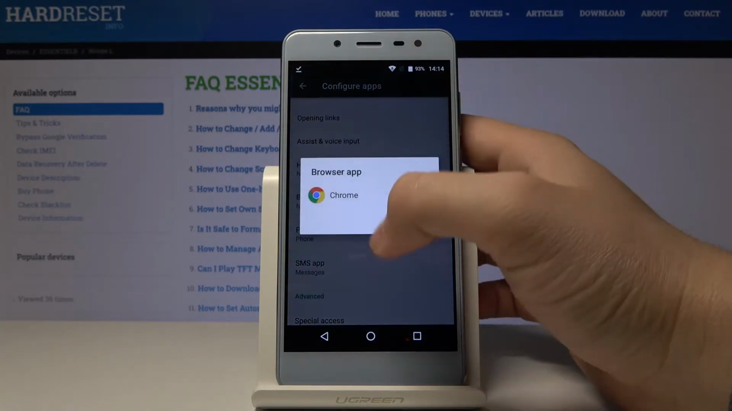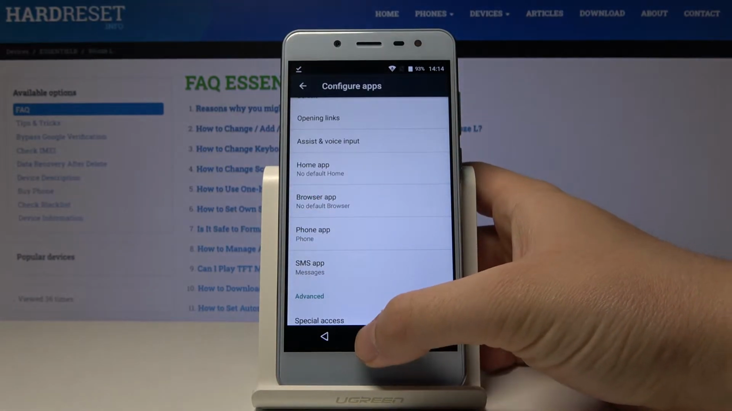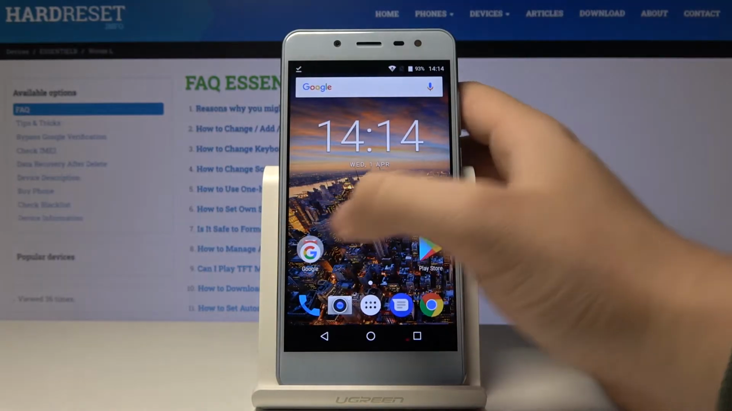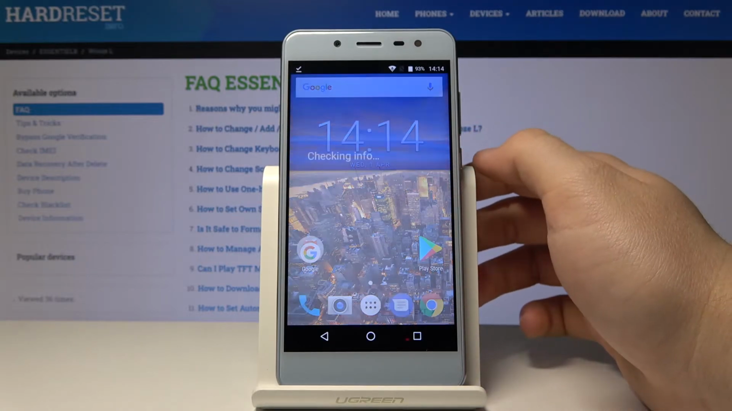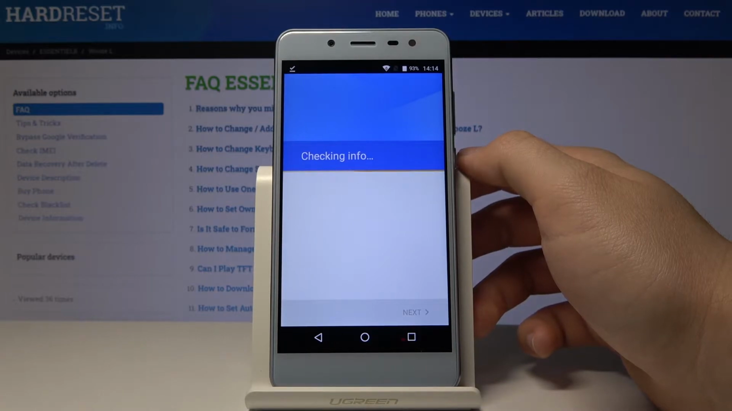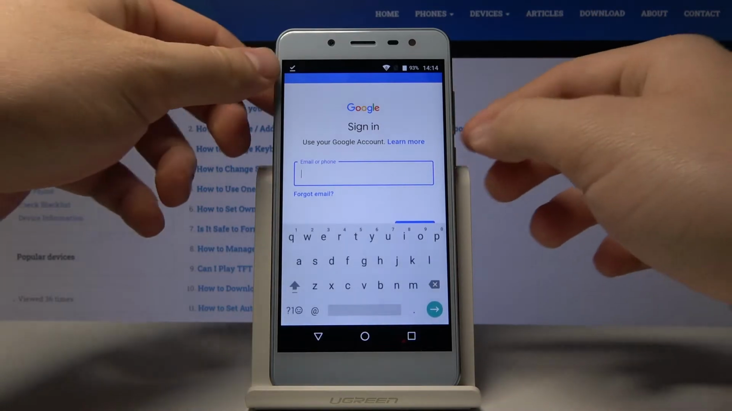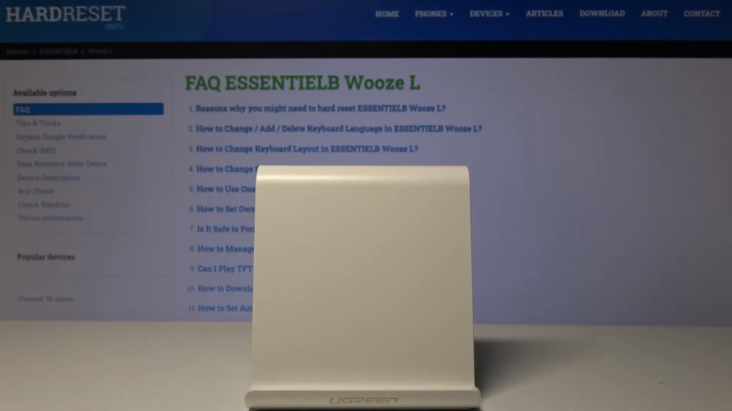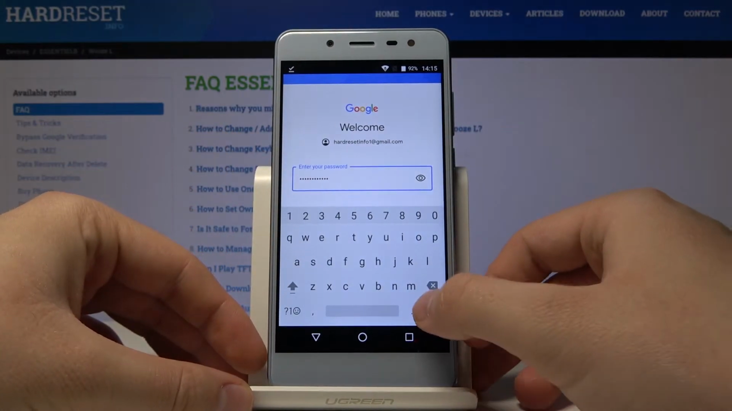We can go for a browser, but currently we got only one browser, so we can just go to the Google Play Store and download. Let's click on the Google Play Store. Now we have to sign in, so let me just do this. Okay, and right now just click on this arrow,